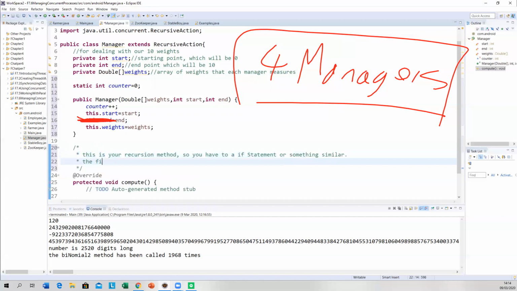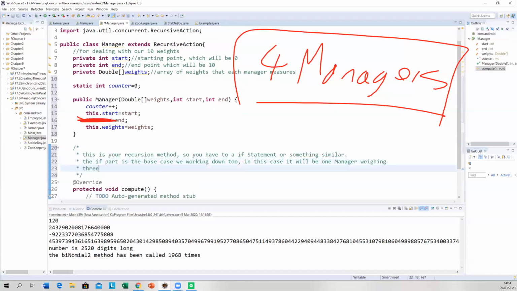Okay, the if part is the base case we are working down to. In this case, it will be one manager weighing 3 animals.